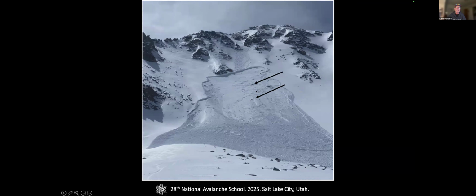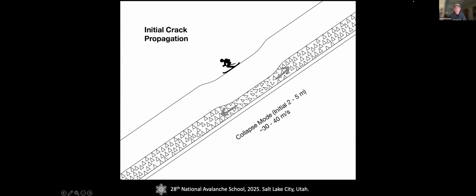And so we had a thinner area of the slab, and that was enough for that person to bend the slab enough, break a critical crack, or a crack that's a critical size, and get that initial crack propagation phase to begin. So the first stage is creating a critical crack. The second stage is the stage of initial crack propagation. So once the person creates a critical crack, then this initial crack propagation phase begins, and this occurs in collapse